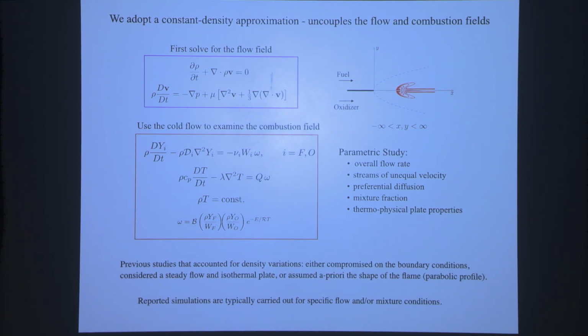And if you have upstream diffusion, then you have really to solve the problem with some boundary condition far to the left, which is in principle at negative infinity. So in fact, you have an infinite problem to solve. And so that's why it's quite involved. So anyway,